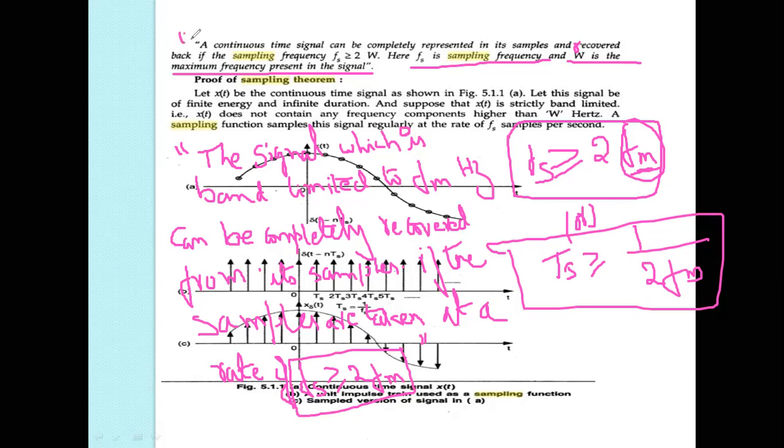Either a continuous time signal like this, or otherwise you can write like this also. A signal which is band limited to a maximum frequency Fm hertz can be completely recovered from its samples if the samples are taken at the rate of Fs greater than or equal to 2 Fm. So it is a very important formula, my dear students, in the sampling theorem unit. If you want to note down this definition also, my dear students,